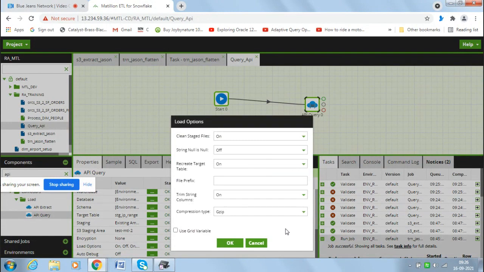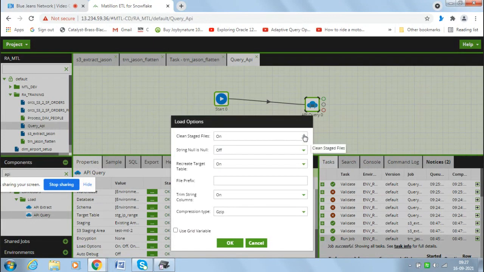Can we see this location? Can we go at least or not? Yeah, we can check, but for now, if you paid attention during that RDS query component, we already discussed this, right? These are the same options there. If you click on this clean stage file option,